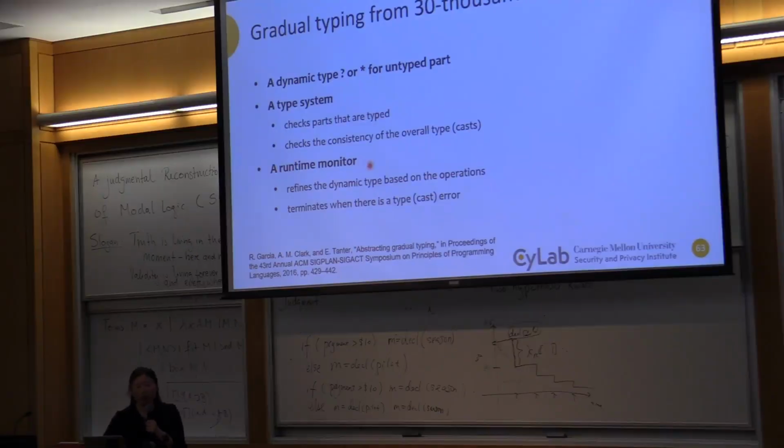Right? However, I have a runtime monitor. As the program runs, as I'm seeing operations being done, I'm refining the types. I will reject the program at runtime. So Ron Garcia had this really nice paper a while ago at POPL, where the simple way to characterize this is that what the gradual typing runtime monitor is doing is making sure the type is preserved. And when it sees there's no path to preserve the type, it aborts. That's kind of the first summary of what the typical system is actually doing.